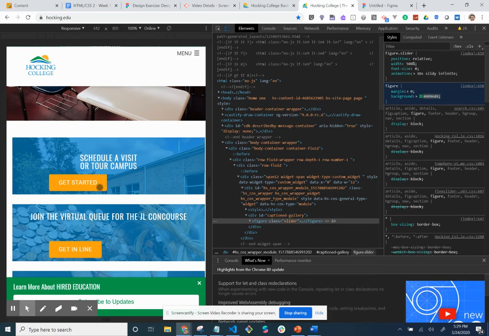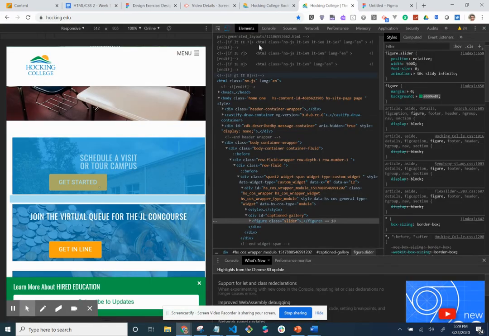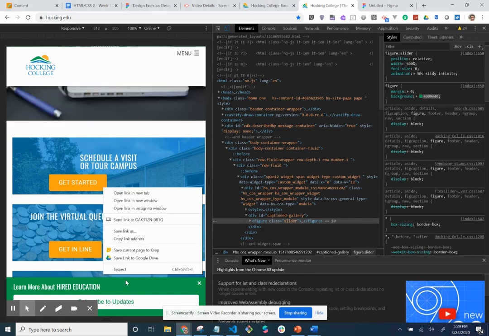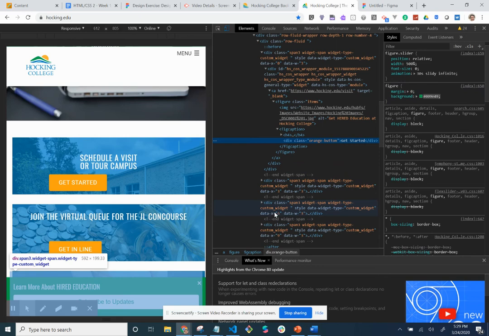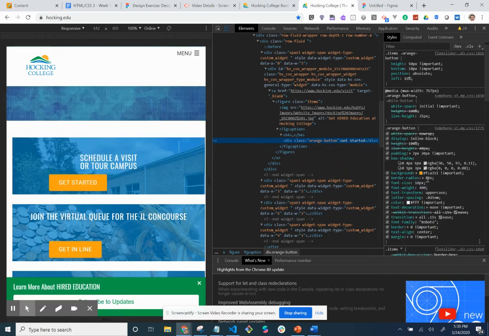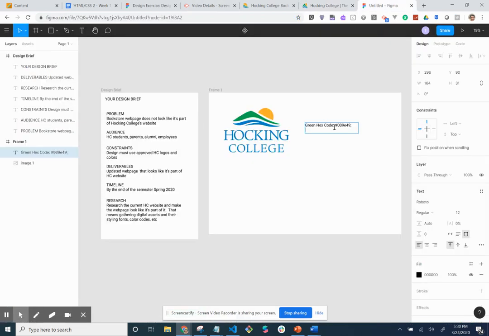So we got this yellow here, dot yellow button. That's not what I wanted to do. Right click on it, inspect. Let's see, or it's orange. I consider it yellow, but this one's pretty easy to find as well. So we'll go ahead and copy that. And for the orange hex code,